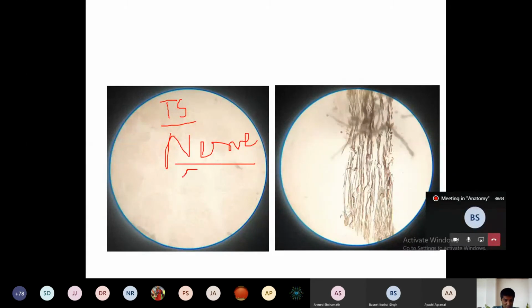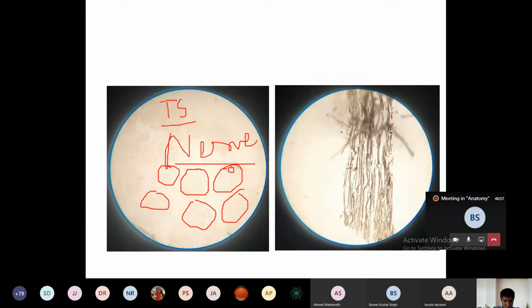This is TS because here you can see all sections of the bundles of the nerve fiber. See here, this is one bundle. This is another bundle, and this is another bundle of the nerve fiber. This is another bundle of the nerve fiber. If you see it properly with your focused eye, you can easily make it out. So all these are the sections of the nerve fibers, or bundles of the nerve fiber, transverse section or